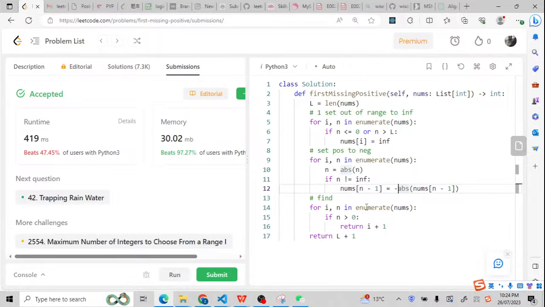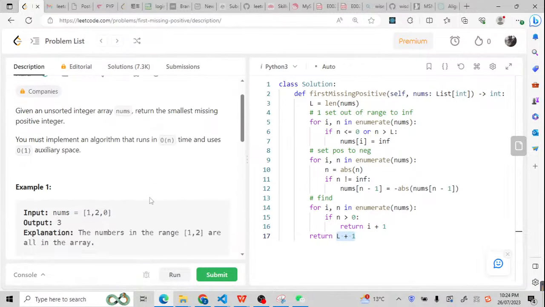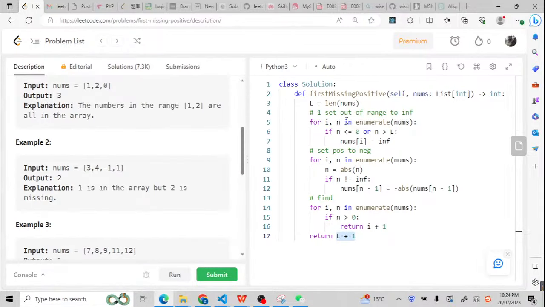And for the final step, we're going to find if there's still a positive value. If we didn't have a positive value, we're going to return the length of the array plus 1. Now let's analyze the time complexity for this method. So there are basically 3 steps, and each of them